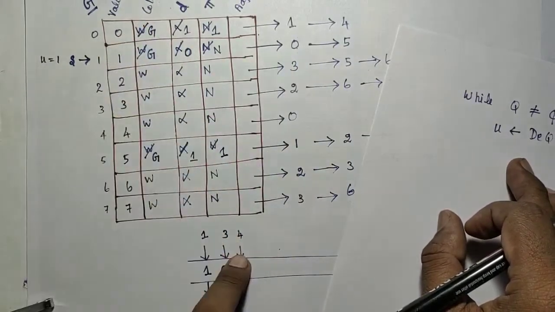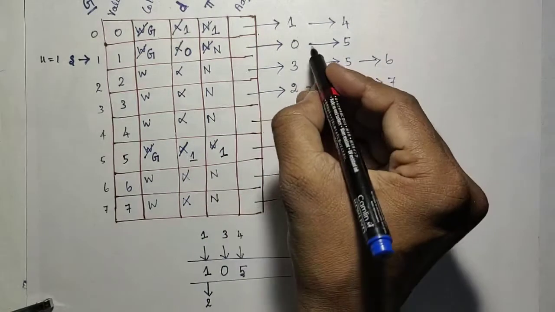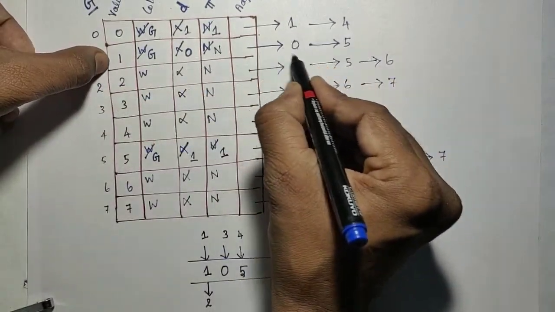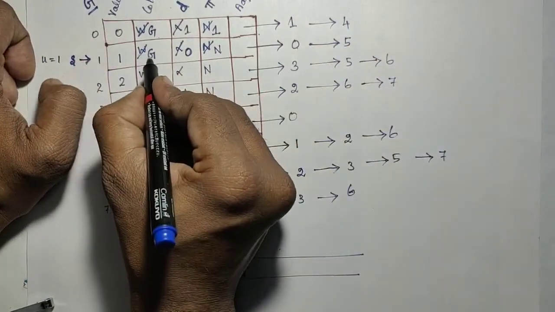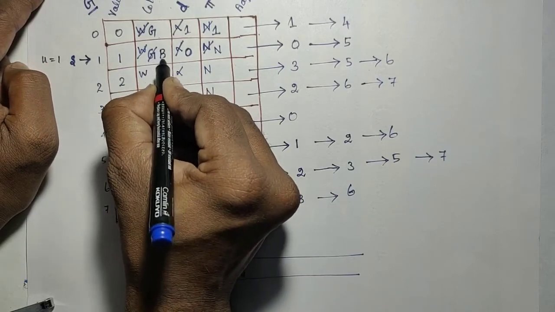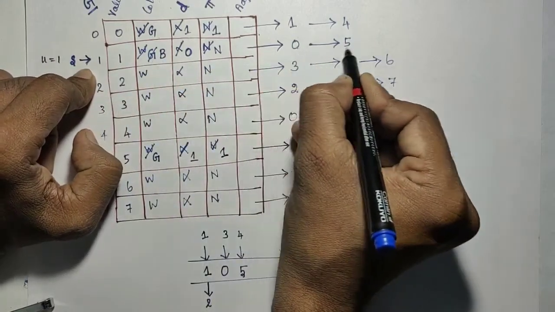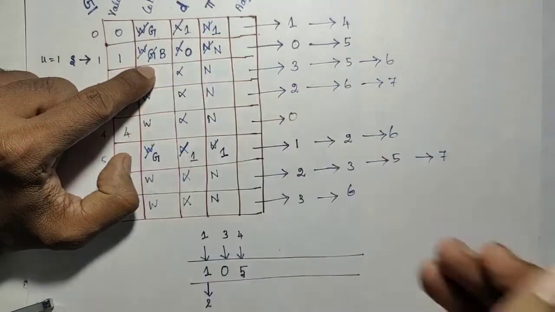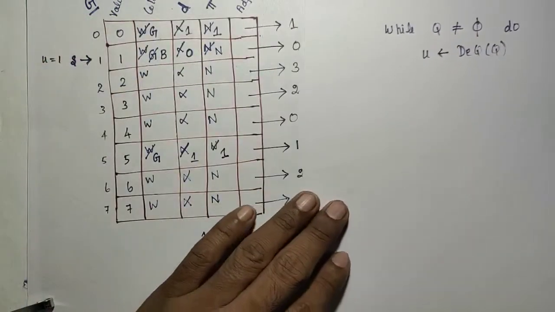We have visited and enqueued. So after enqueuing this, it means that this first node is completely visited. All the adjacent nodes are visited. Once all the adjacent nodes are visited, that color needs to be changed to black. Are you clear? So this has to be changed from gray to black, which indicates that the first node's adjacent nodes, 0 and 5, are visited. So it is changed to black. Correct.